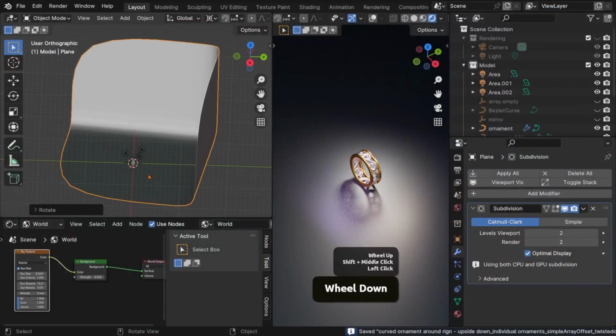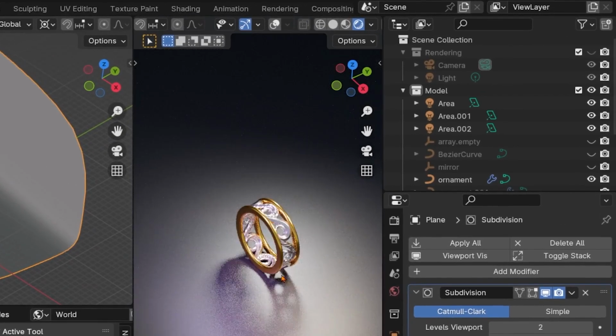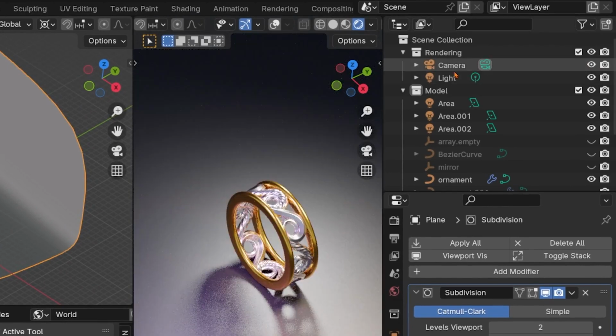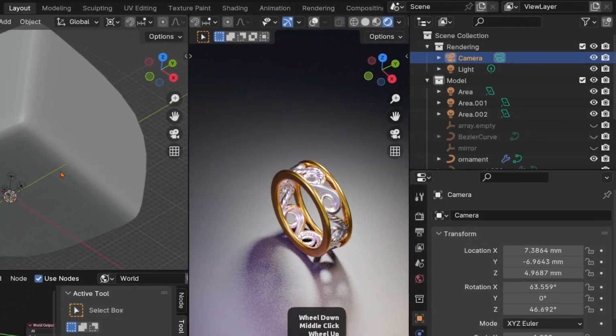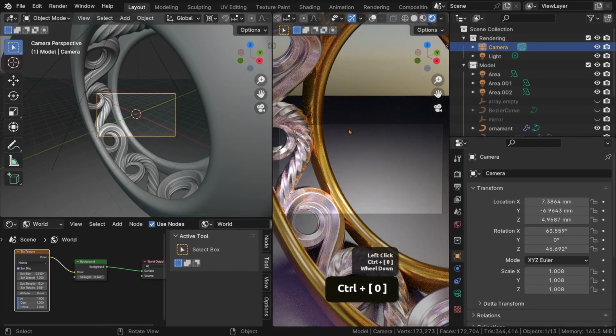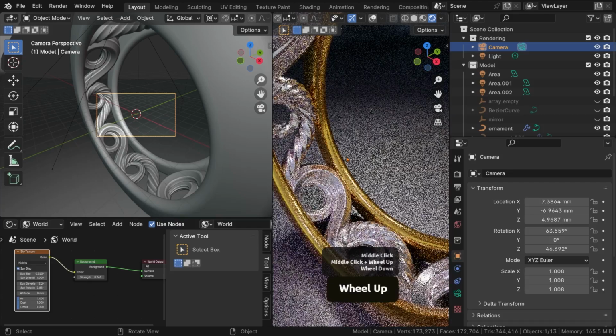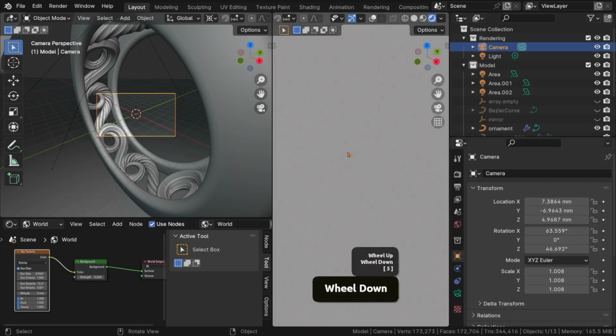So now, finally, we will need a camera to be able to actually render that. And a very easy way of doing that, I mean, we have a camera here, and you could just press Ctrl 0 to fly into it, and then you would see the camera view, or you could do this on this side. Or what you can actually also do, you can zoom out, press 5,